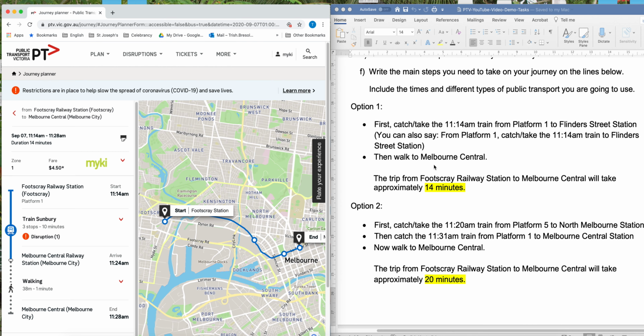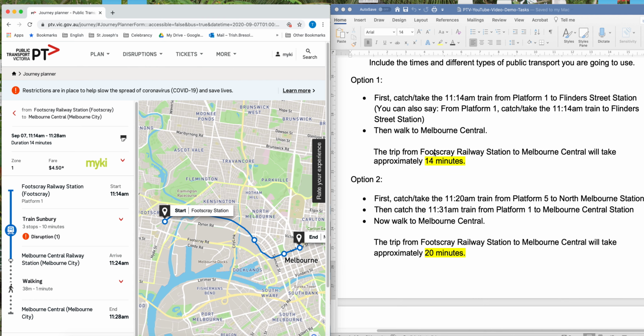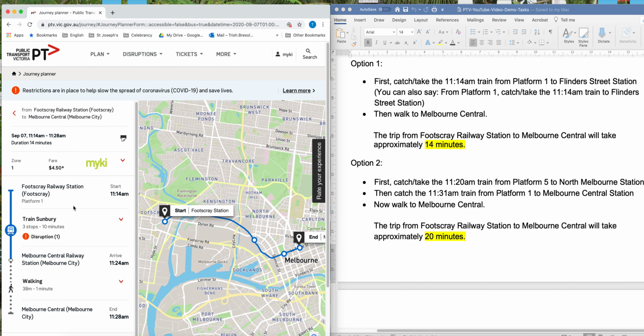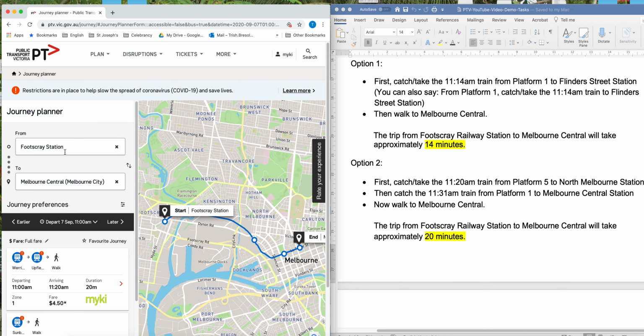What we want to see is that you can use the website, you can follow the instructions and use the website to provide the steps, okay? So that's one option. Now, say for example, let's go back. Say for example,